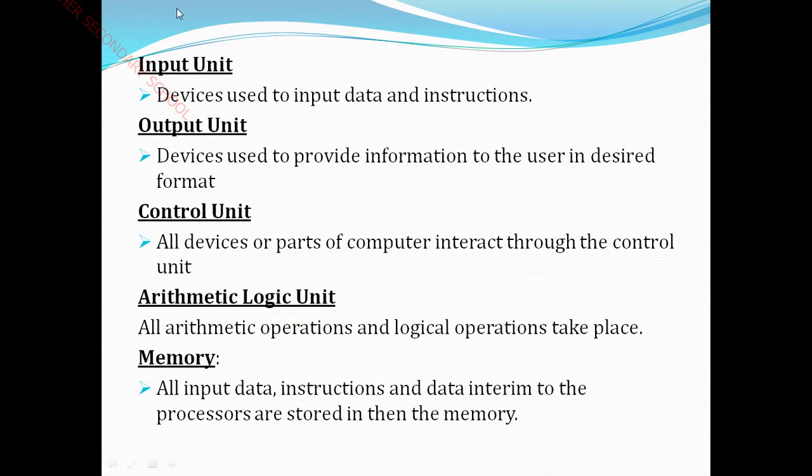In this I have given you the important units in the computer. So first one is the input unit. All these points you should keep in your mind, because it is very important. So first one, input unit. Just now we have discussed devices used to input data and instructions. Data means raw facts, or we can say unprocessed information, because in what way will you enter the data? You will enter the data in the form of numbers or alphabets. So that has to be processed. But when we enter it into the keyboard, that won't be processed, isn't it? So it is called unprocessed raw facts.